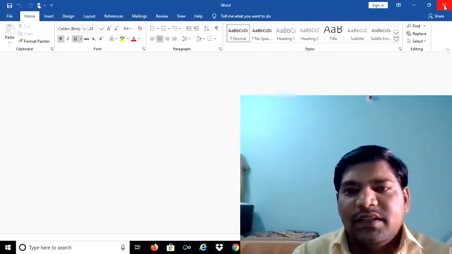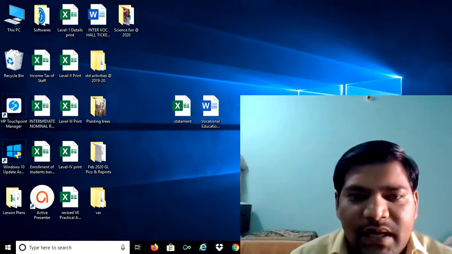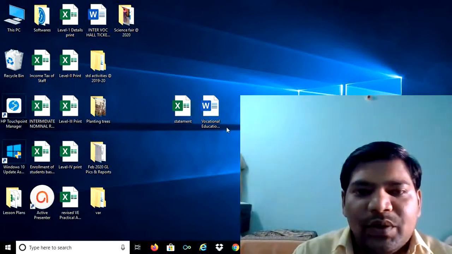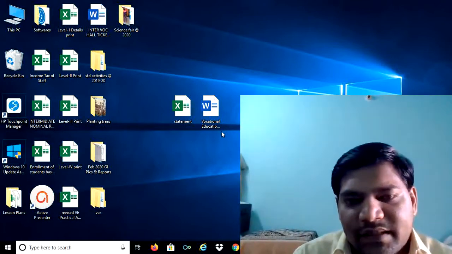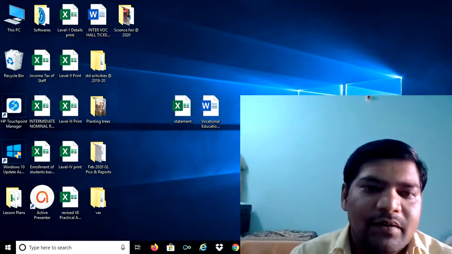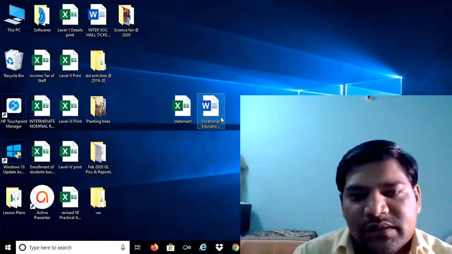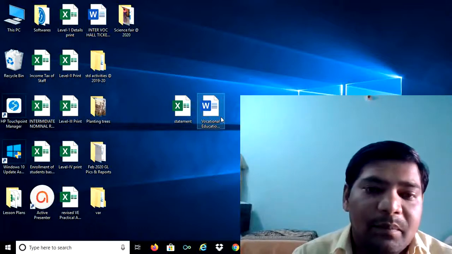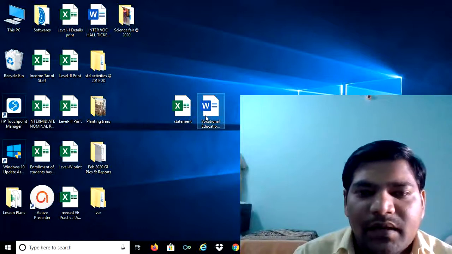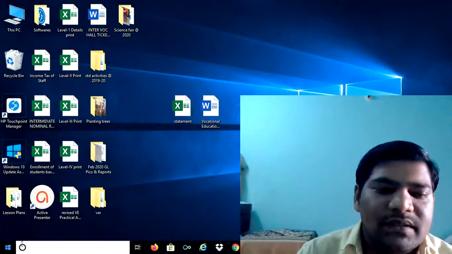So here are the two topics which we covered in this section. The first one is how to make the password, and another one is how to remove the password. And creating a password applies to two kinds of files. One is the existing file and another is the non-existing, in the sense of creating a file. When we make the file, we can save and set the password at the same time, by giving the file name and password. So this is how to make the password and remove the password.